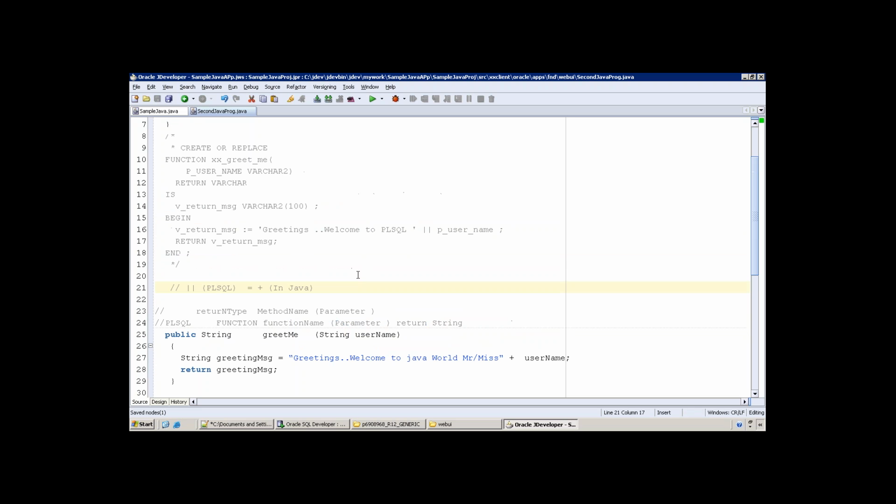In this program I can perform only compilation. I cannot execute this method because I don't have a main method. If you don't have a main method in a Java program, you cannot execute. You can only compile. We cannot execute. Then what I will do is